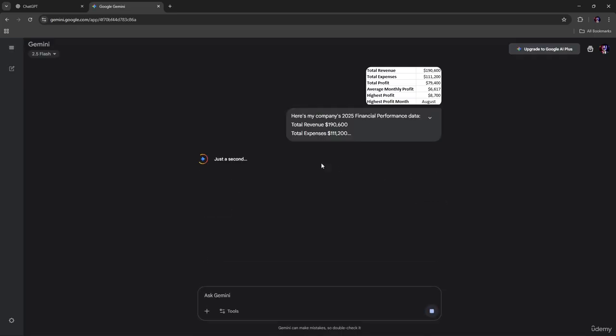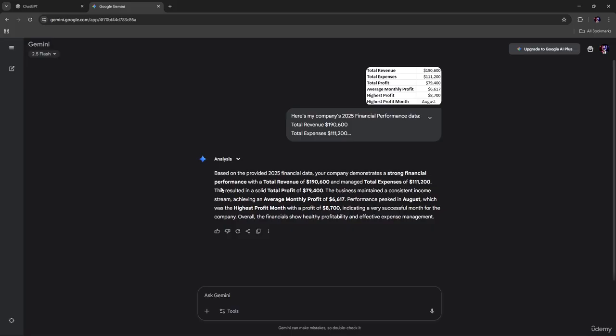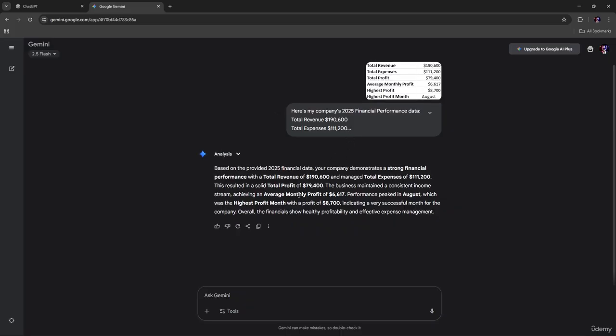So let's update it. Okay, so not the image. So this is the overall summary based on the provided financial data. Now copy this summary and also paste it back into your Excel sheet below